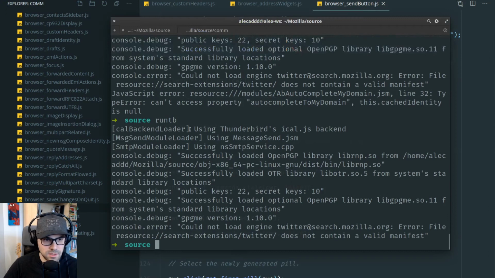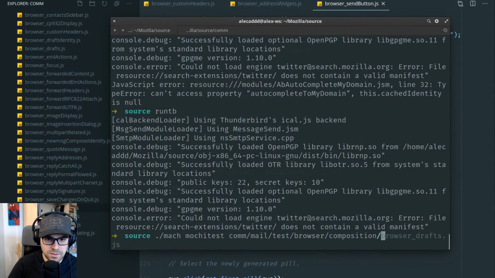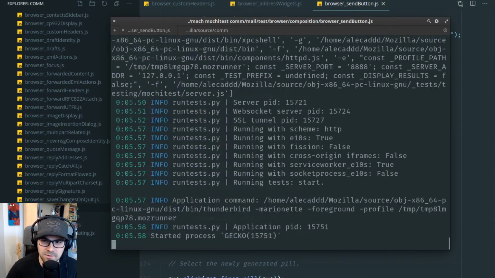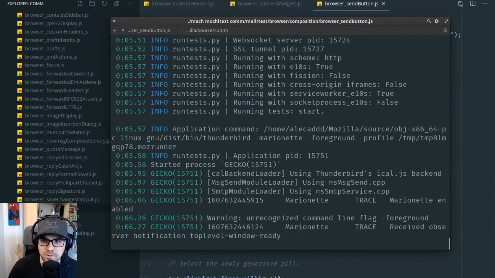In order to run this, we do mach test, comm mail test, browser composition, and then browser_send_button.js. And let's see what happens here. Let's see if I can, does it run at the center? Regenerating the backend. I never run tests during live streaming. I don't know what's gonna happen. Probably you will not see anything, but